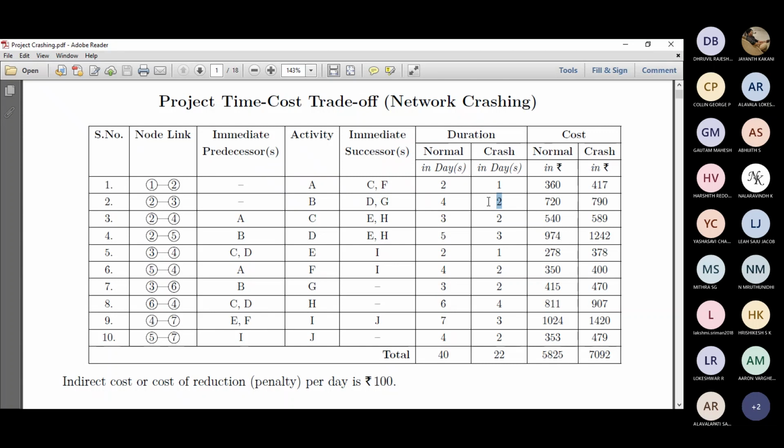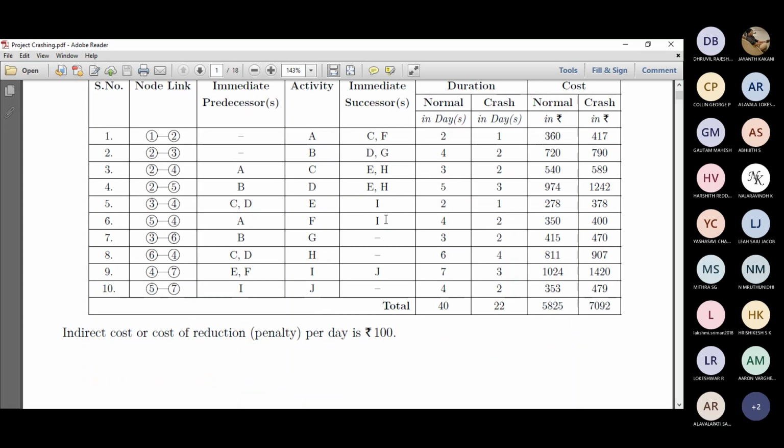Luckily we don't have such activities here. But in that case, the absolute difference will be zero, and so is the cost. The normal cost and the crash cost are the same when normal duration and crash duration are the same, which means we don't need additional money to crash it. We cannot crash that, so there's no point in pumping in additional money. That is very important. And any changes in the normal duration and crash duration will reflect in the normal cost and crash cost. This is a very, very important thing.